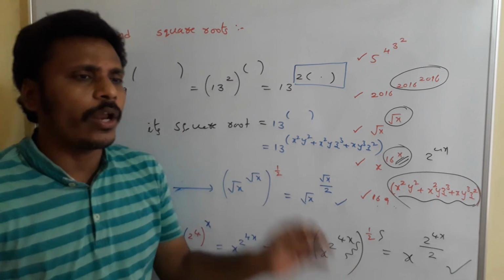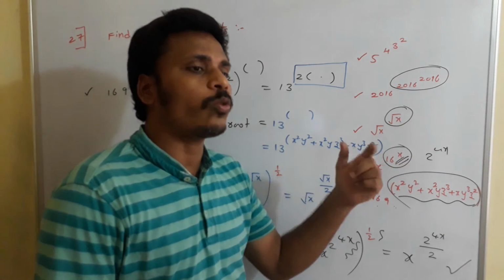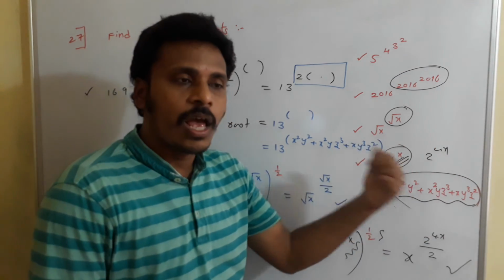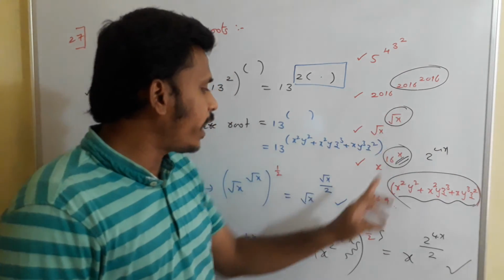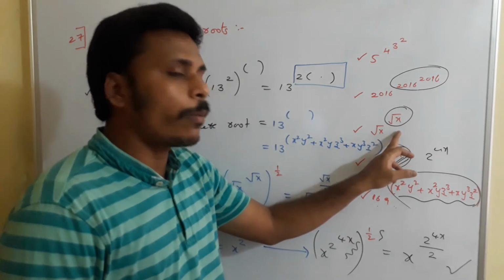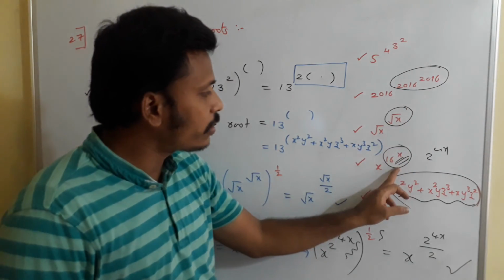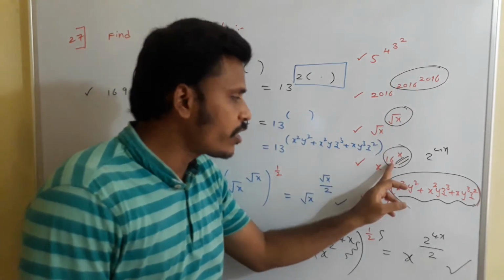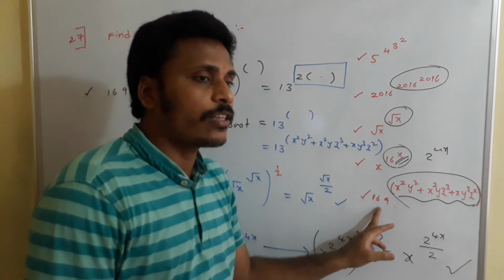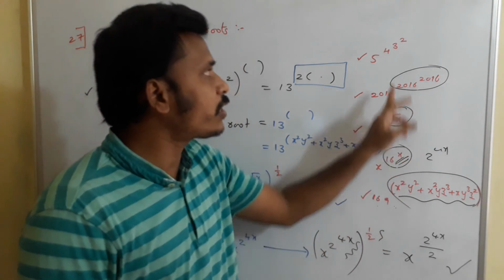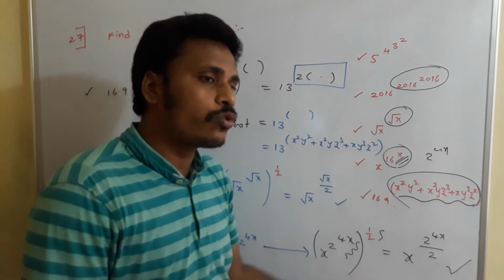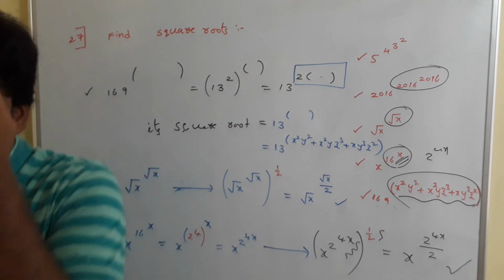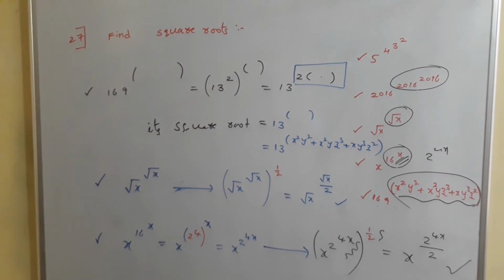See, finally for square root, you need to multiply the power with 1 by 2. If there is a chance of simplification, you just go with the simplification. Otherwise, write directly. For this problem, directly our answer is this number by 2. For this problem, directly our answer is root x by 2. But whereas the third one and the first one, here 4 is involved. We know it as 2 square. 16 is involved, like 2 square. 169 is involved, like 13 square. So there is a chance of simplification for these problems. You just simplify first and then apply power 1 by 2. Okay? Then this is the way of calculating square roots for exponents.